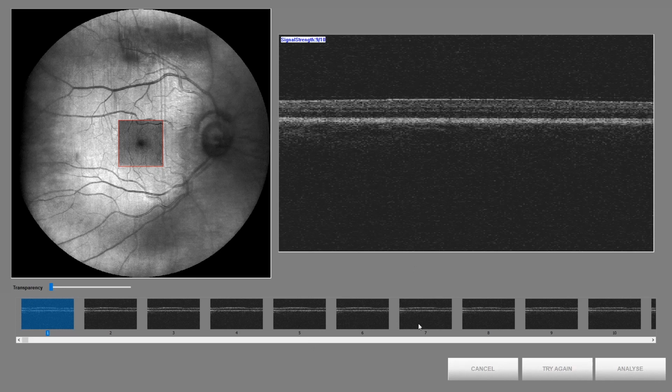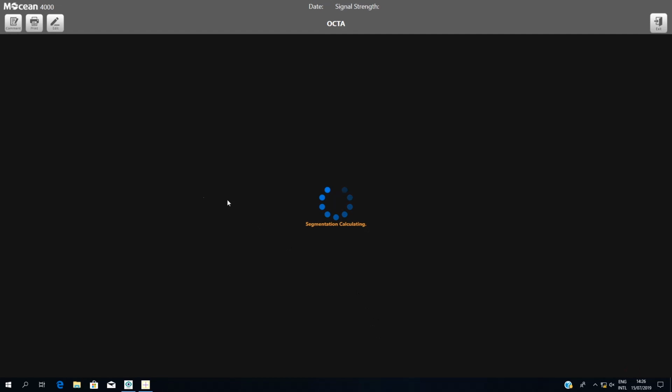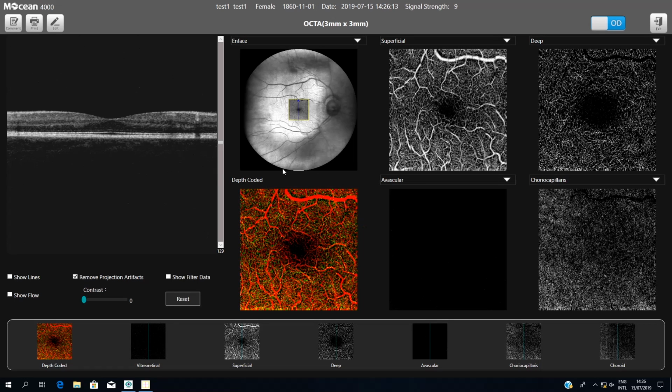Now we see all of the images and the area we have entered. We can see the scans here at the bottom and we have acquired 1024 scans in these 7 seconds. If you press the Analyze button, you are going to have the results. It will take a few seconds as the OCT has to calculate a lot of different data. This is an OCT angiography and the OCT has to calculate a lot of algorithms in order to present us